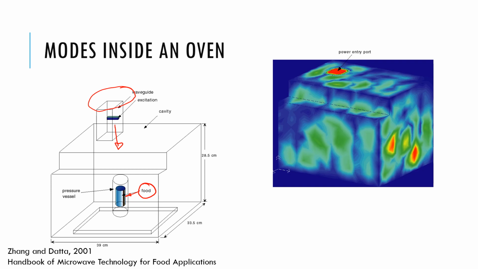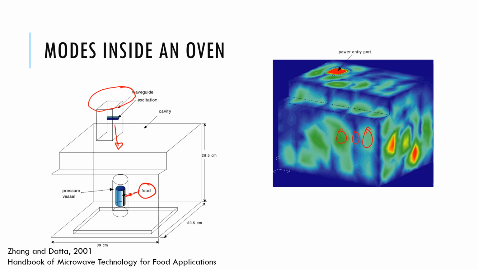So this shows the electric fields, the magnitude inside this oven, and you can kind of see these modal patterns. So you see regions of high values, then low values, high values, and so on. It's of course quite complex. By the way, the red stands for higher values and blue is lower. So you can see these kinds of patchy places here, and it is fundamentally quite complex because it's the standing